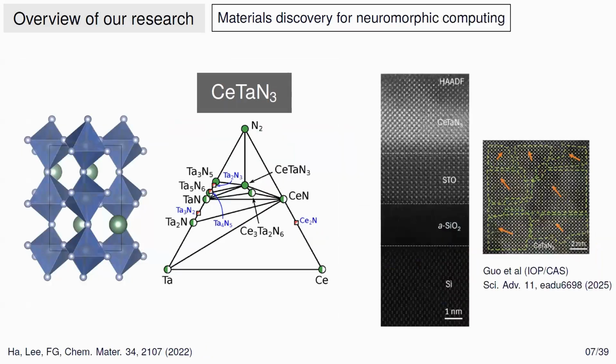So this is a more recent compound that we've been working on. We did a lot of work on perovskites, which are compounds that have this kind of structure with octahedra, and then they're corner sharing and things like that. And this was mostly on halide or oxide perovskites. And at some point we asked, can we do something more kind of crazy and go for completely different stoichiometries and elemental composition? So we looked into nitrides.